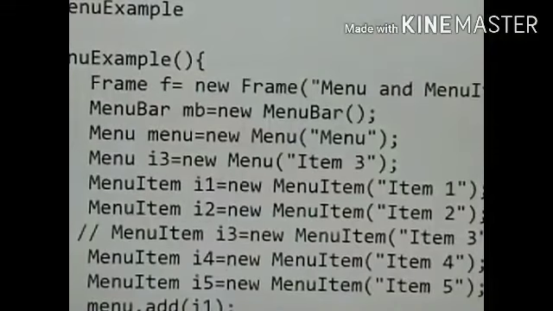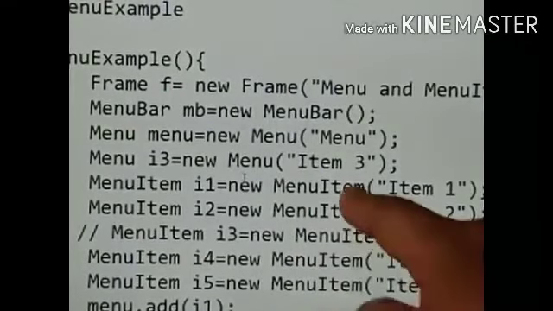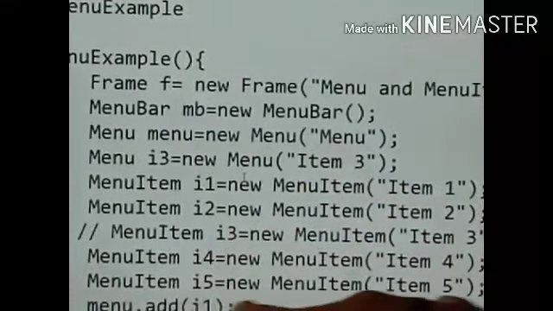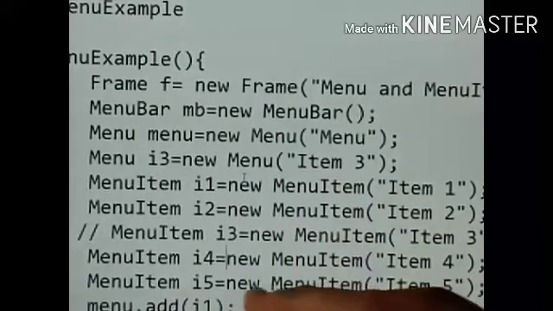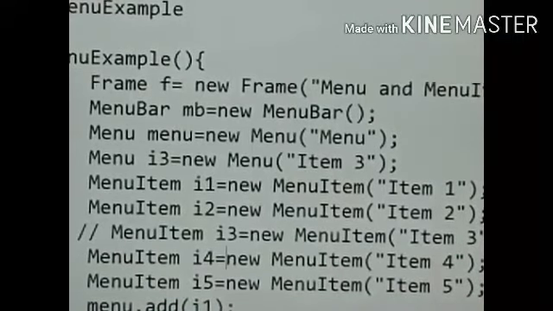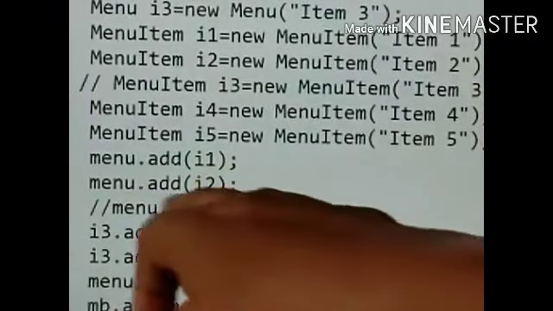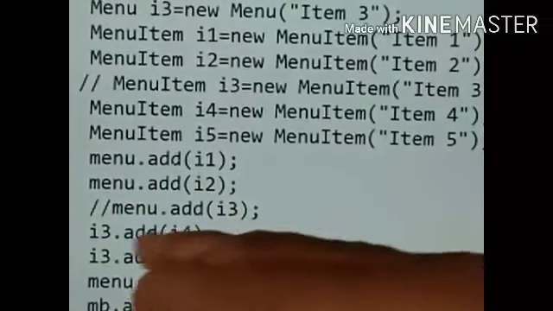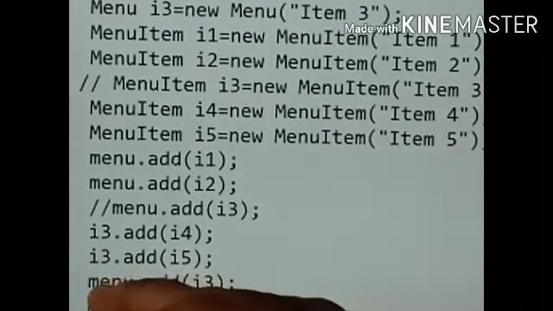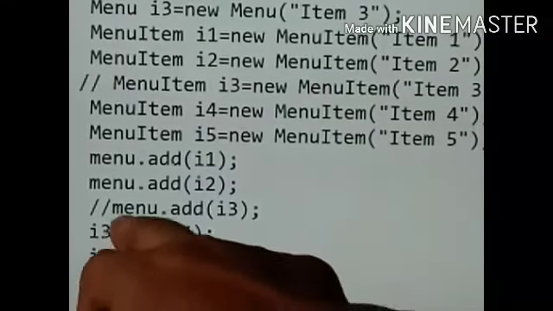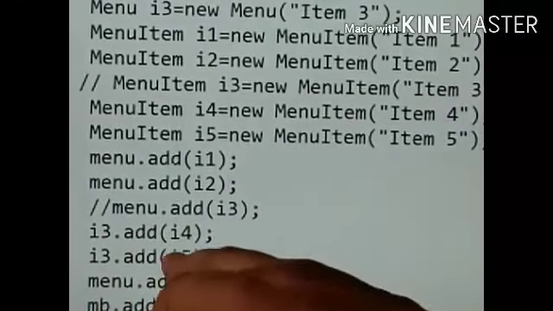That's what I have written here. I1 is item 1, and item 2 are main menu items, and this will behave as a submenu. Here I am adding item 4 and item 5. As usual, I add a menu item to a main menu. Same thing, adding a menu item to a main menu or a submenu. Initiation is the same. Only here I have to change. So menu add I1, add I2. This will be added to the menu. This I have changed. I3 I have kept as a submenu. Then I will add to I3, I4 and I5.